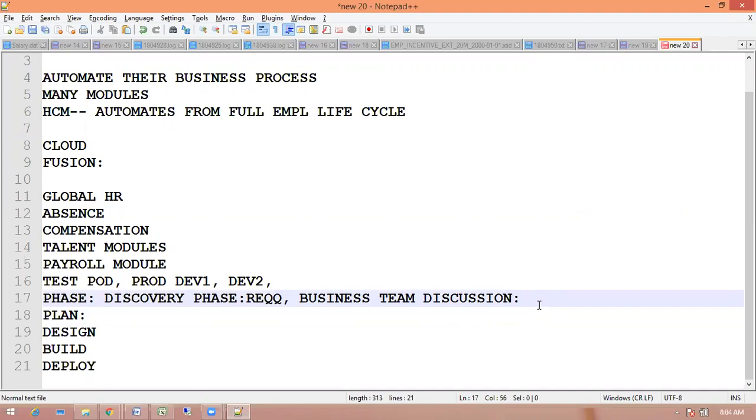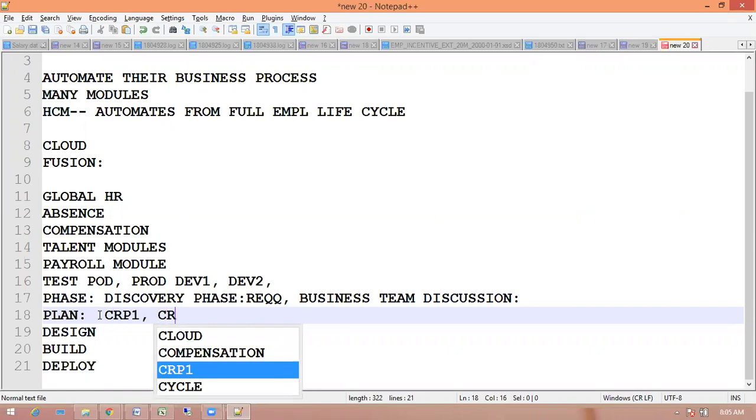Once you get the requirement discussion, you can show the client the product with vanilla implementation, the basic features. Once you show the basic features, you can start developing in their instance. In that plan, first of all you will have conference room pilot CRP1 and CRP2.